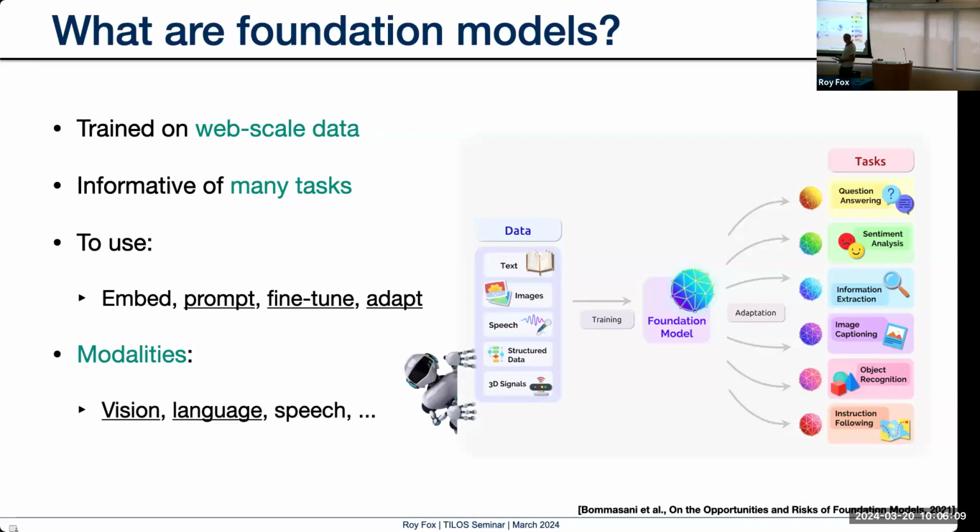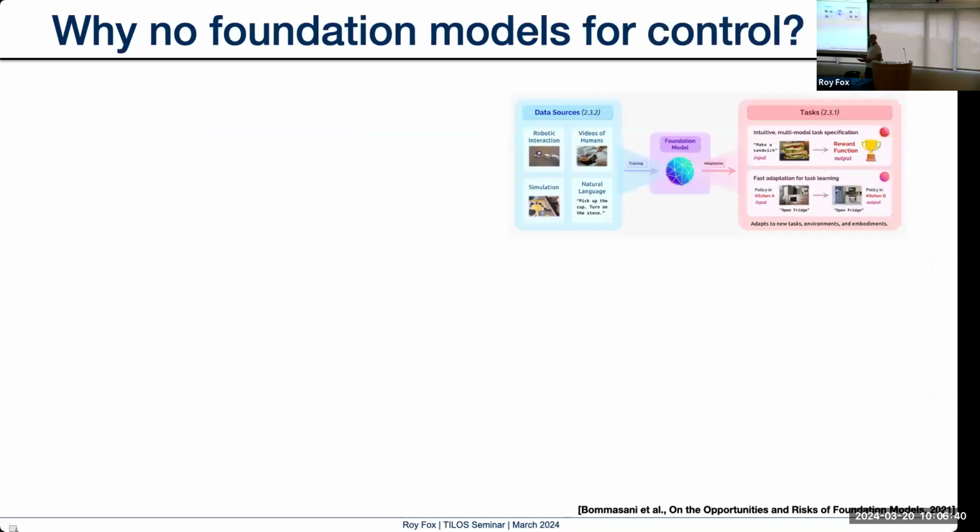So hello there. Why not control? Why don't we have it for control? It's a big question. There should be a lot of value to that. There's a lot of value in these models. With vision and language, we're just starting to discover what they might do. Just imagine what they might do for controlling robots, and for robots in more environments, in more tasks. We don't have them, so it's really important to try to understand why.